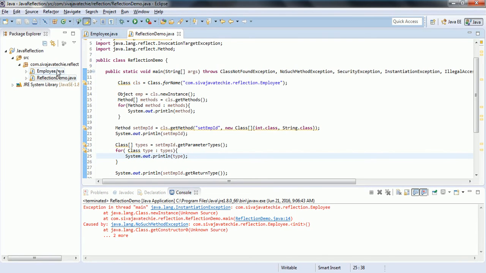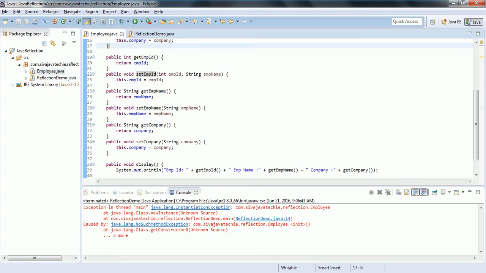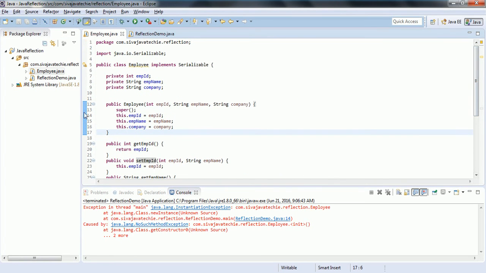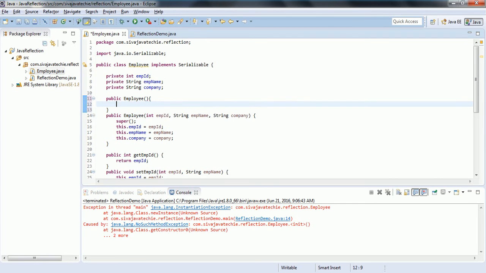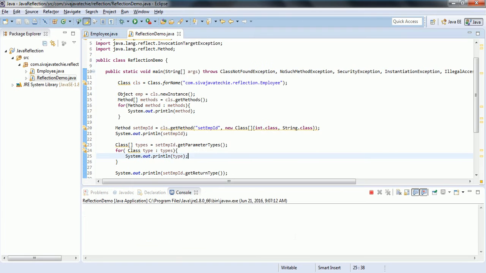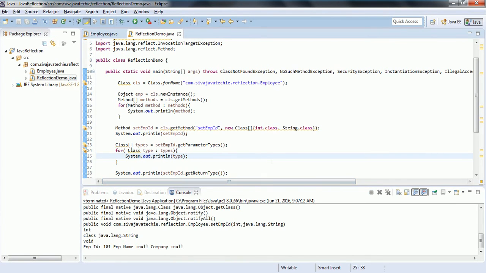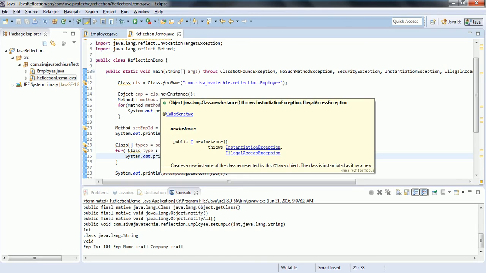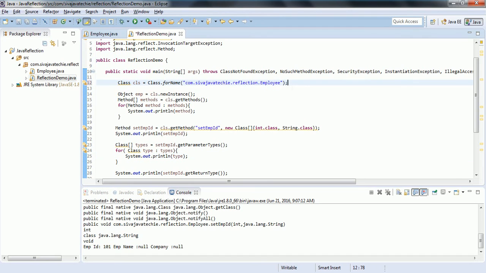Okay, one second. So let us go here and let me print the employee. Now let us see. Yes, program. So the only problem is when we are trying to instantiate. Ideally, I have created a parameterized constructor, and that is the reason it is expecting an argument to be passed. But when I create an empty constructor, then it is going to work fine.